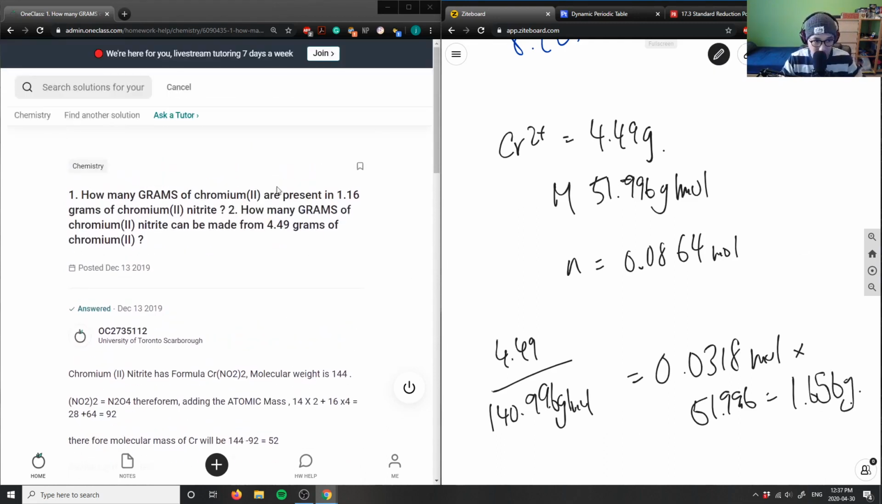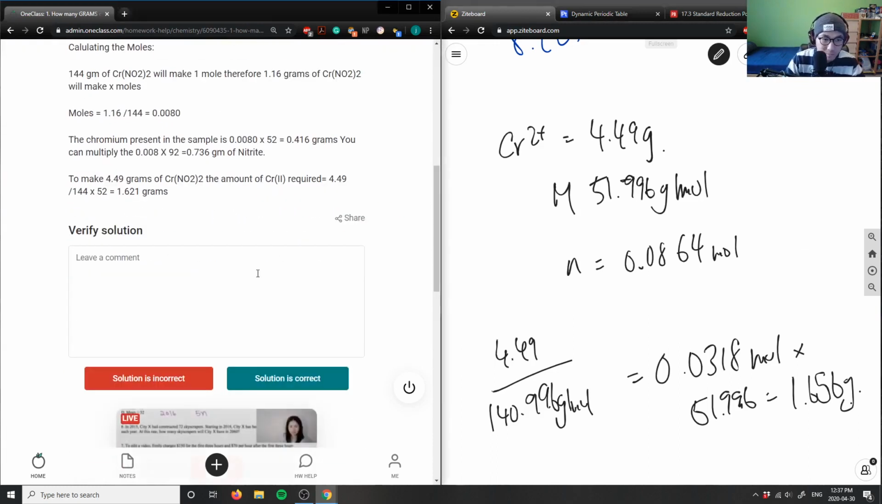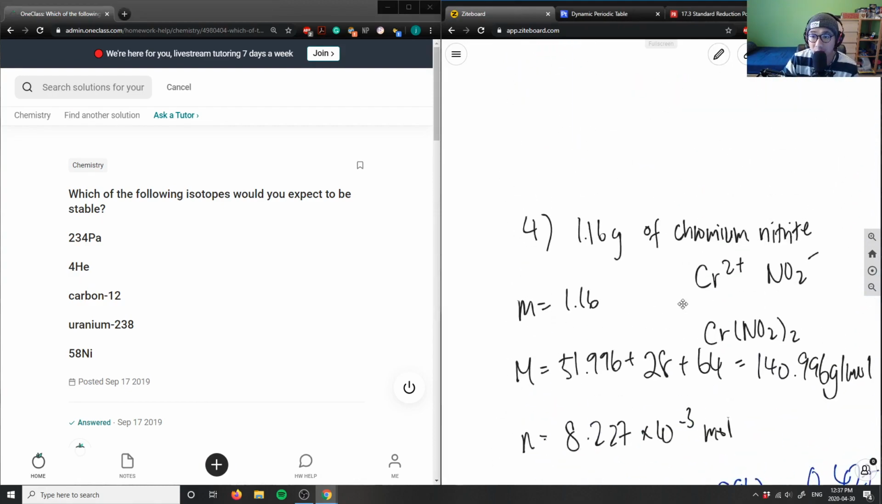So that means you can make 1.656 grams of chromium nitrate from 4.49 grams of chromium. So the solution here is correct. The numbers are slightly off, but the logic is there. So the solution is correct. Great analysis here. I got slightly off numbers just because the molar mass was slightly different, so it's totally fine. That's number